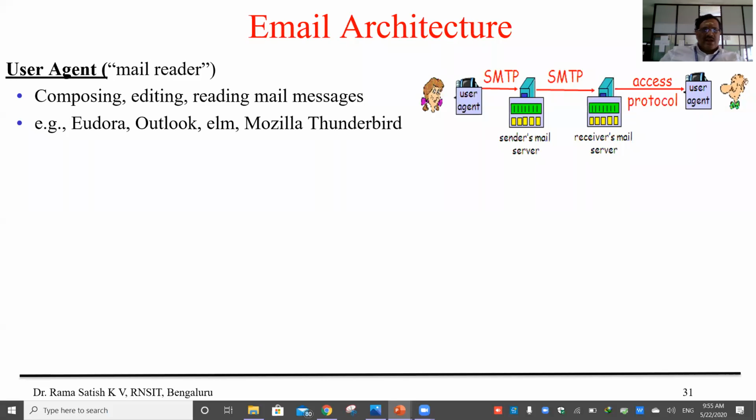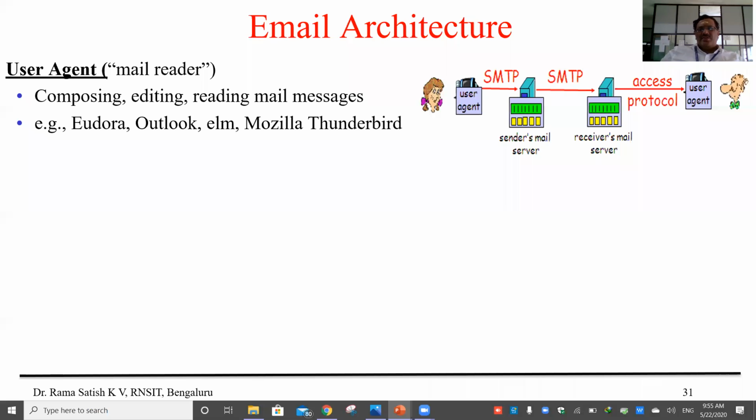That's why Outlook fetches your emails and stores them in your local machine whenever it gets connected. Like that you have Eudora, Mozilla Thunderbird. So there are many mail agents.